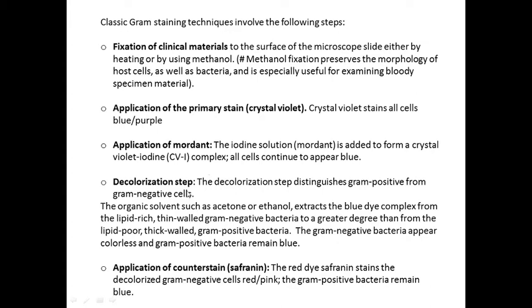Then the next step is the decolorization step, where we add organic solvents such as acetone or alcohol, that is ethanol, the mixture. Acetone alcohol mixture is applied for only 15 to 20 seconds, not more than that. Now what happens when we apply the decolorizer: in the gram negative bacteria the lipid gets dissolved, and gram negative bacteria get decolorized, and gram positive remain purple in color. That we will see later on. After the application of the decolorizer, the last step is the application of the counter stain, that is the safranin.